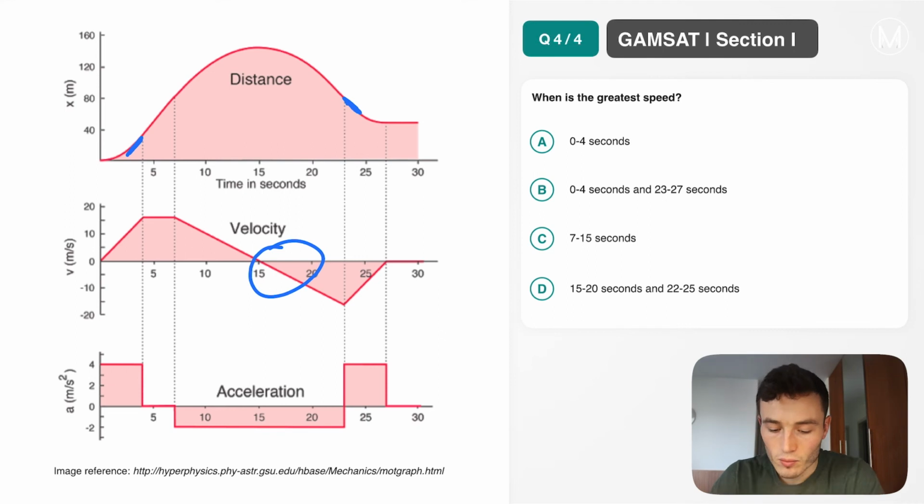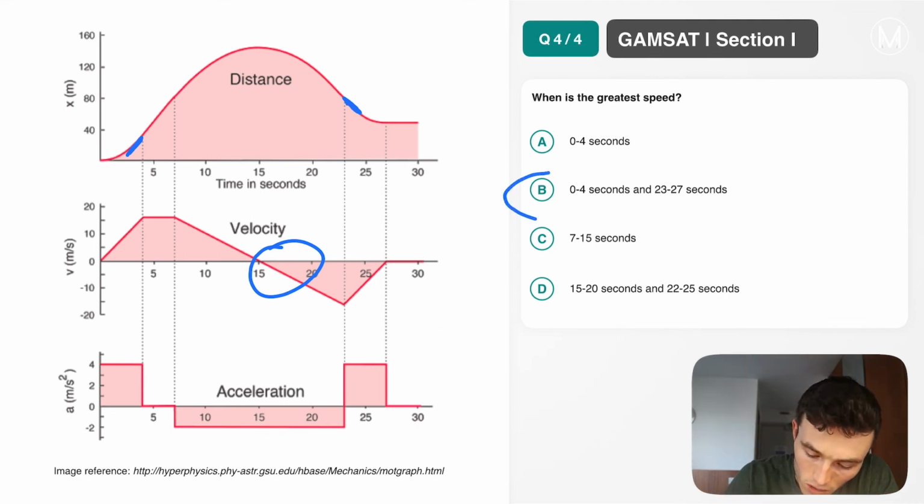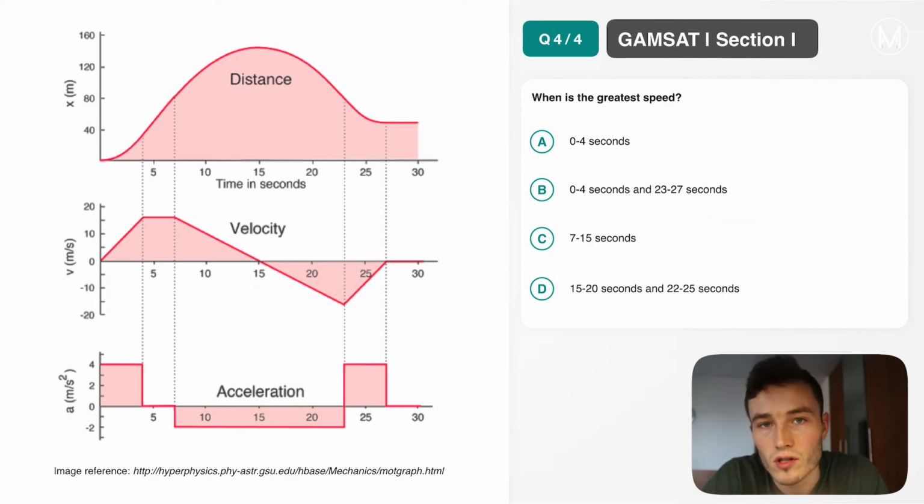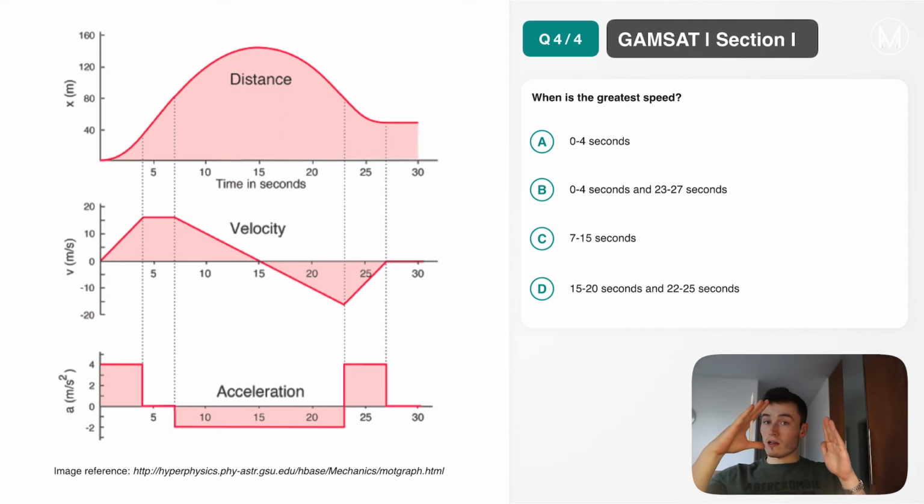So there are interpretations here, but the best interpretation is that 0 to 4 seconds contains your steepest slope, or your greatest speed, right? Your quickest instantaneous change in the distance time graph. So we have high speed, a steep slope. And remember that we're dealing with absolute values, so that could be positive or negative, which is why we've got two sets there, 0 to 4 and 23 to 27, because your speed could